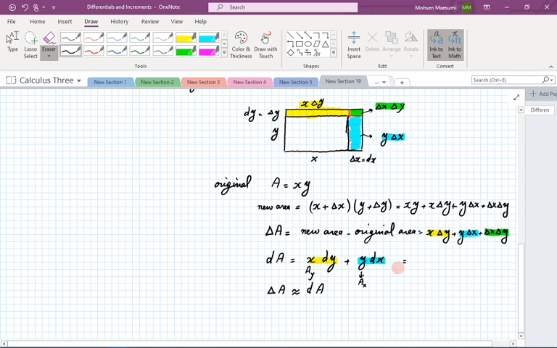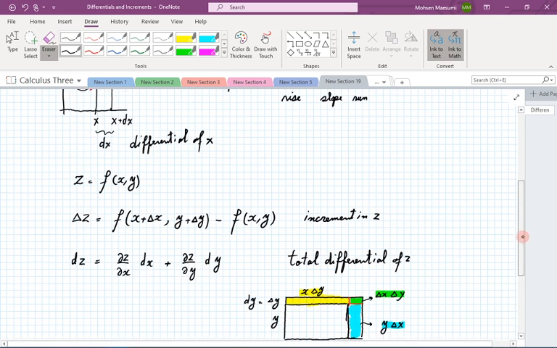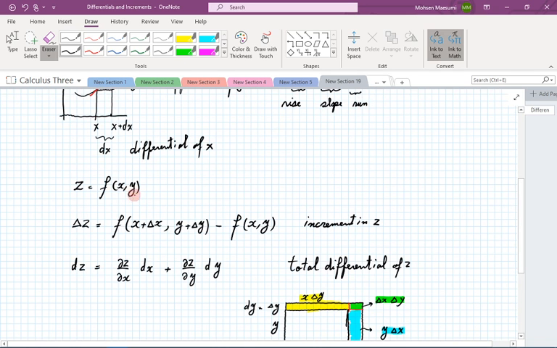So what we have really here, let's write it: a sub y dy plus a sub x dx. Of course, for a simple example like the area of a rectangle, you don't need all this machinery, but this is just to show what happens in general. So, if I have a function that is perhaps a lot more complicated than that area function that we have here, and I want to calculate the change in z and get a quick approximation for that,